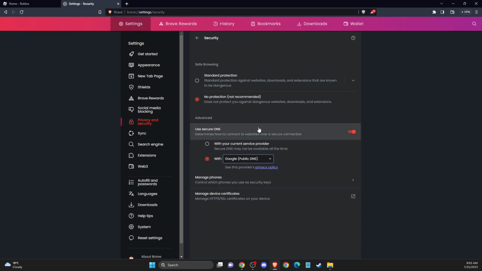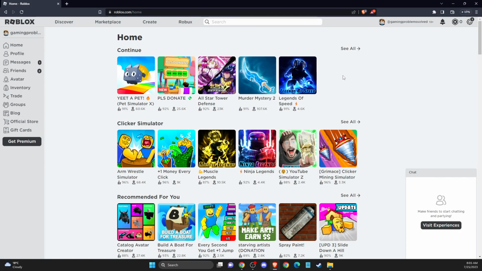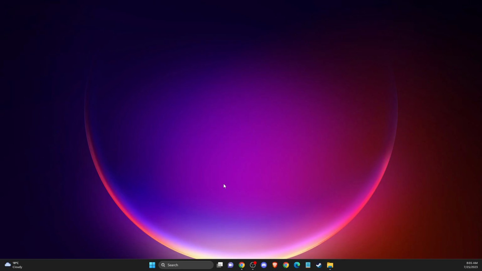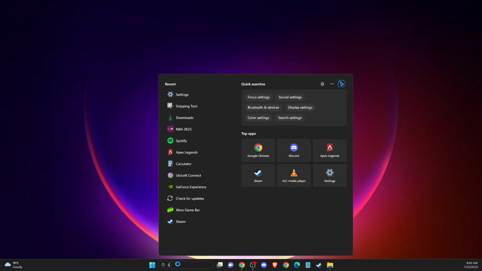And then that's pretty much it. You just need to close it and look if the problem persists or not. And if the problem persists, then you can close your browser. Then you need to go to settings,